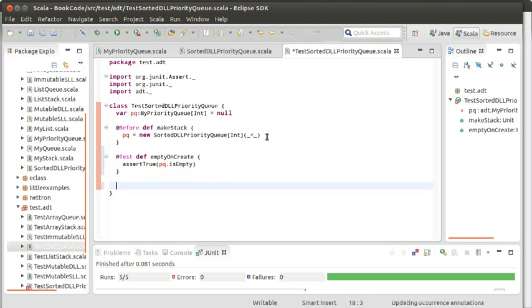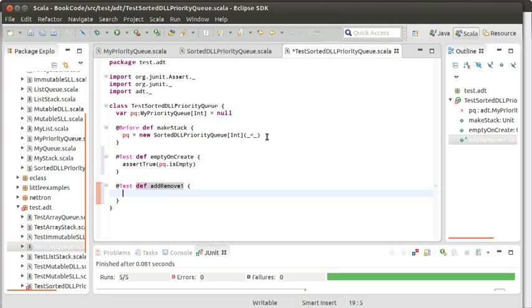Then test def add remove 1, and I'm going to do PQ dot enqueue of a 5, assert false of PQ dot is empty,